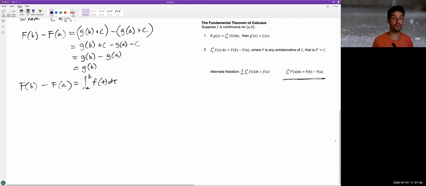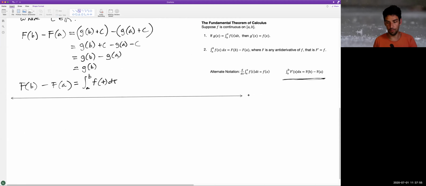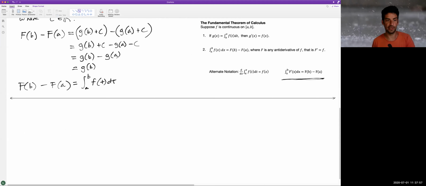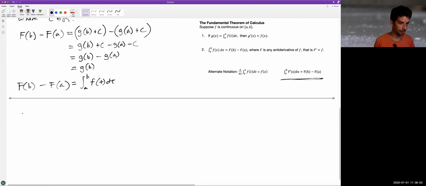All right, let's do one more thing. Let's use this thing so we really see what exactly it is I'm trying to get at with this. What exactly do all these things say? And this, I hope, makes clear the meaning of this. So I'm just putting in a line of separation. That's not an axis. So in one of our other videos, we computed the integral from -1 to 5 of